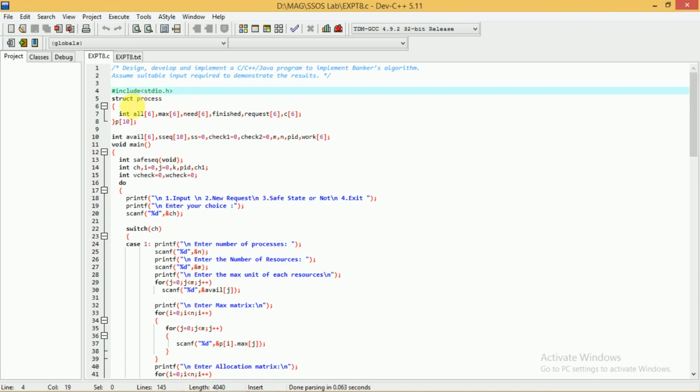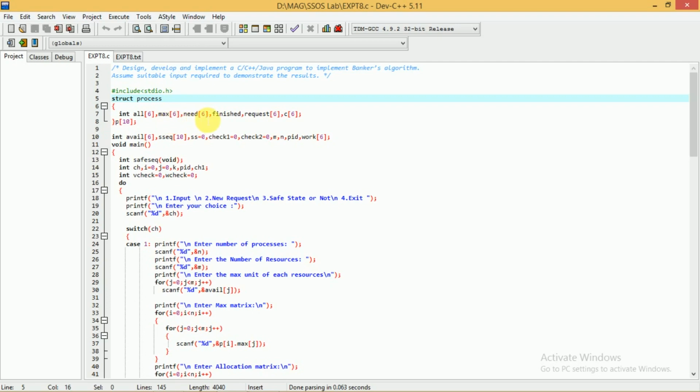In the program, at the beginning we have to include the stdio.h header file. After that, to hold the information of a process, we have declared a structure. This is the structure definition, struct process, and the data members are int alloc[6], which is the allocation, and max[6], the max matrix. Actually it's a matrix, but here the process information is stored separately, so that's why we have implemented a single dimension array.